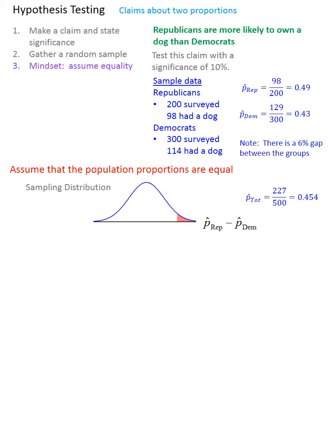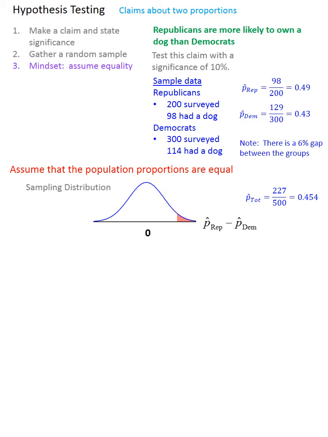Well, what would happen in a world where there was no bias in terms of dog ownership for one party or the other? Well, if that were really true, then sometimes the Republican proportion would be higher, and this subtraction would be a positive number. And sometimes the Democratic proportion would be higher, in which case this subtraction would be a negative number. But overall, the difference of the sample proportions for each party would tend to cluster around 0, if in fact the population